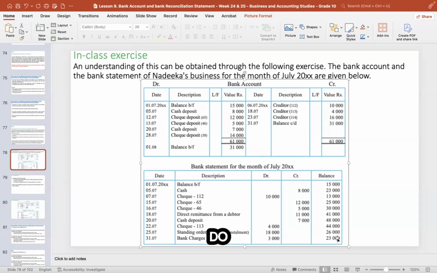So we are going to reconcile this. We need to figure out what made this difference. So ideally, what you should do is take this debit side and compare it